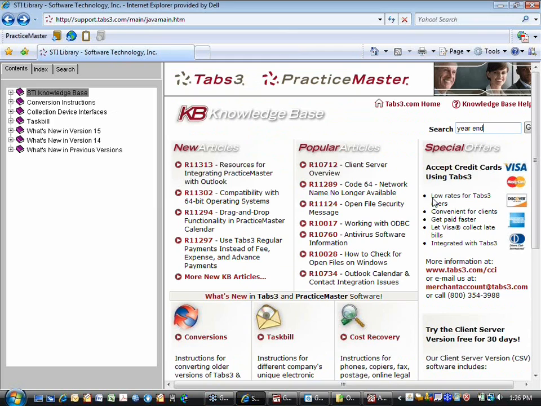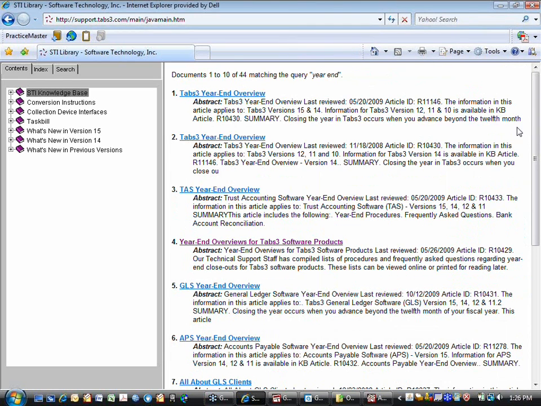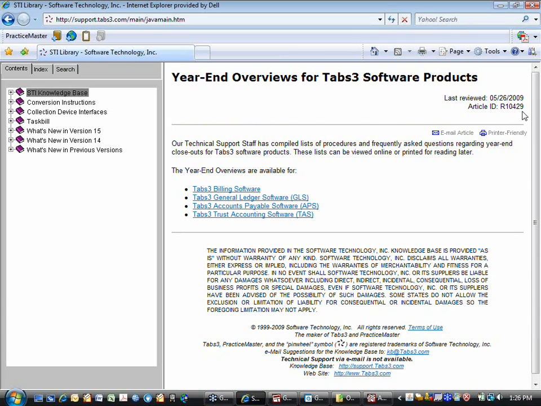This is what it looks like, and this is exactly what we did just moments before we started this virtual user group meeting. We simply typed year end, and when we hit the go button, one of the articles was the year-end overview for all software products. It also shows you the Tabs 3, the GL, the accounts payable, but those are all summarized here, and this is knowledge base article